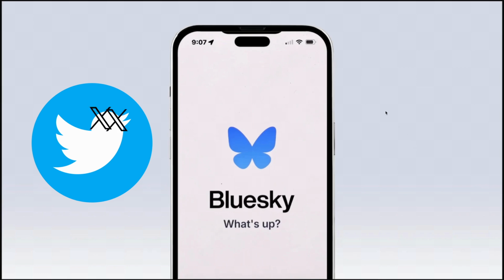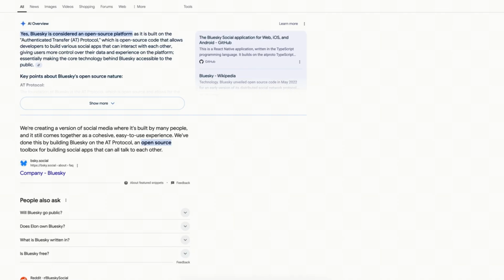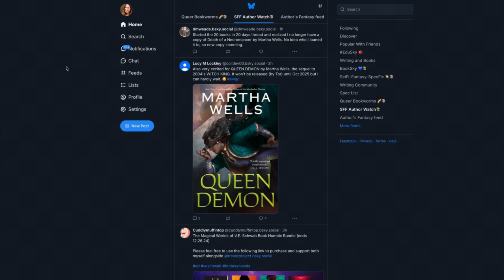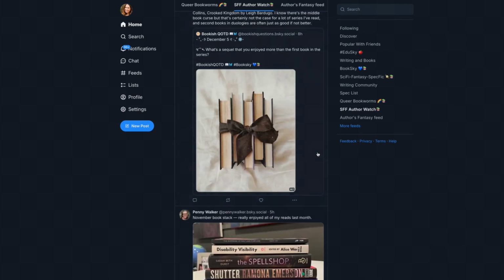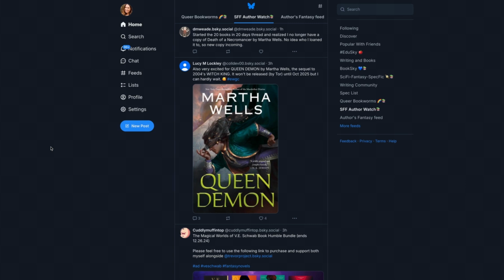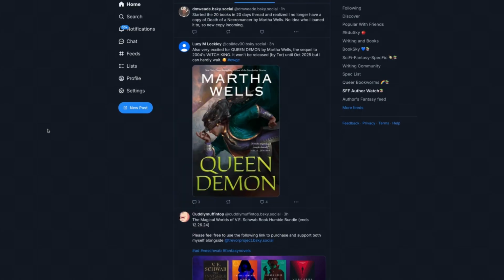And here are a few reasons. BlueSky is open source, which means it's much less likely to be sold off to evil overlords. BlueSky also gives control of user data to the most important people, its users. There are currently no ads, as you can see. So you won't be inundated with advertisements for products that may be embarrassing, unrelated, or just plain annoying. This may change in the future, but for now, it's a wonderful break from just about everywhere else on the